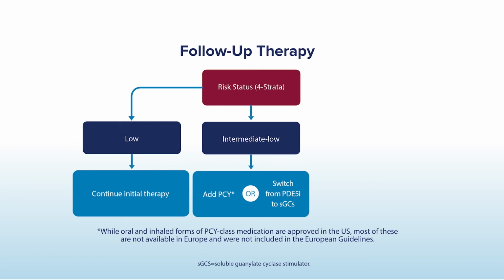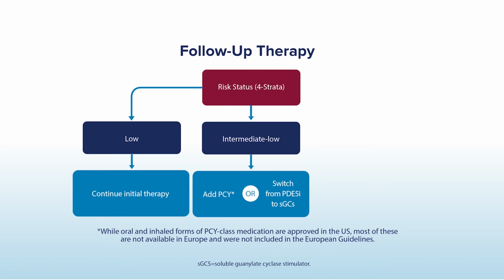If they're intermediate low risk, I would argue that is not good enough. I think most of us would argue that is not good enough. Every patient should, if possible, achieve low risk status. And so if they come on follow-up and they're intermediate low risk, then those patients deserve some type of treatment escalation, either transitioning from the PDE5 to the guanylate cyclase stimulator, or addition of some form of prostacyclin therapy, whether it's oral, IV, sub-Q, or in the US, inhaled, which is not available in Europe, but for us offers a nice additional tool in our arsenal, as it tends to be very well tolerated and demonstrates improvement in 6-minute walk